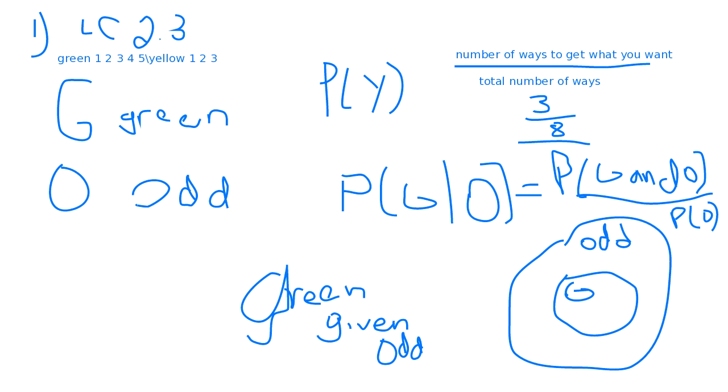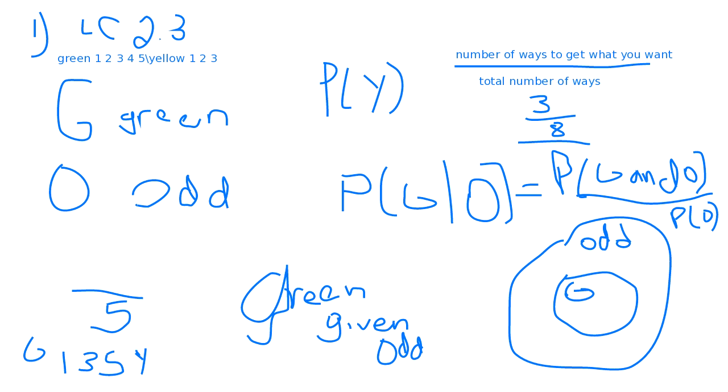There's 5 odd cards. Yes, the denominator is only the odd numbers because this problem says given it's odd. So that's your denominator: a green 1, a green 3, or a green 5, or a yellow 1,